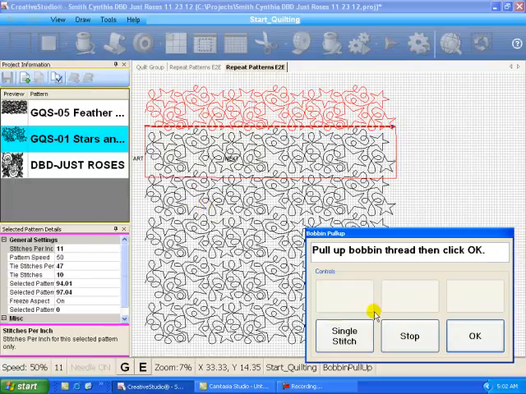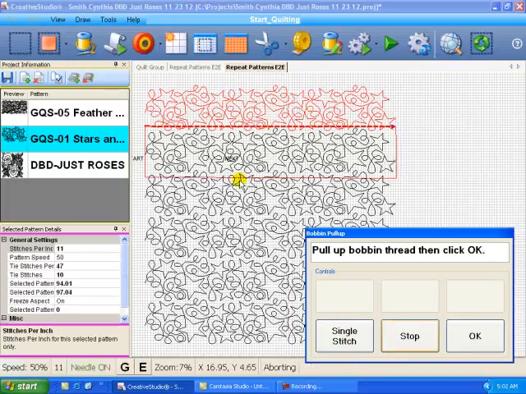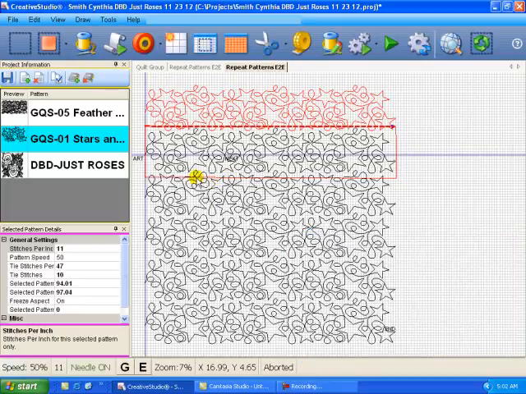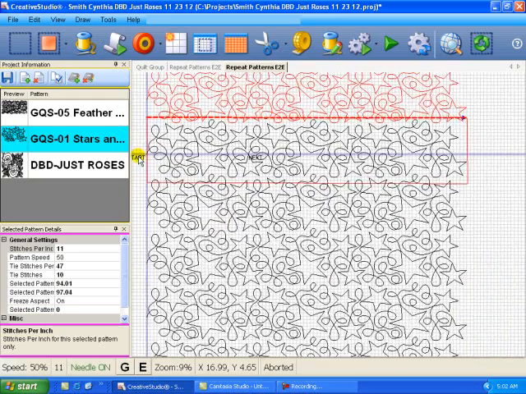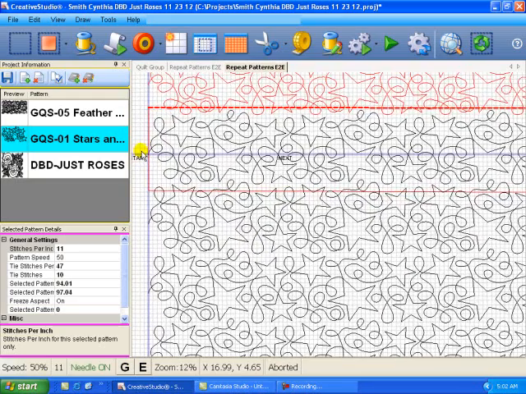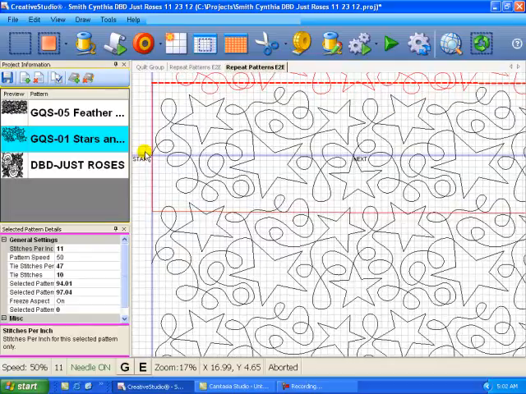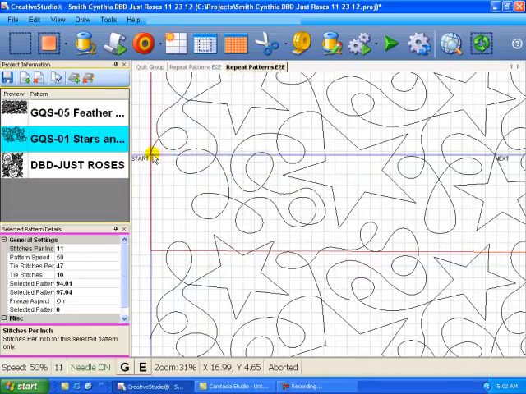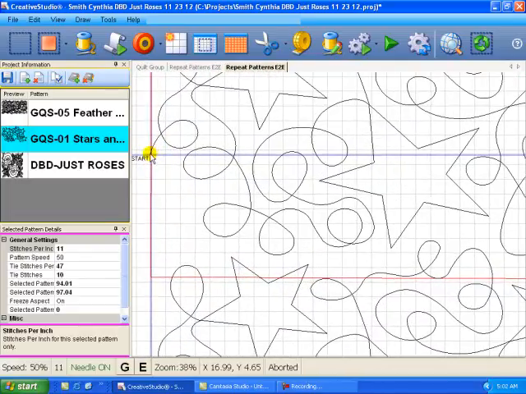Okay, the machine's moved, it's taken the stitch, and if I hit stop at this point, you're going to see that the needle, this crosshair indicates that the needle is right here at the start point of the first repeat, and